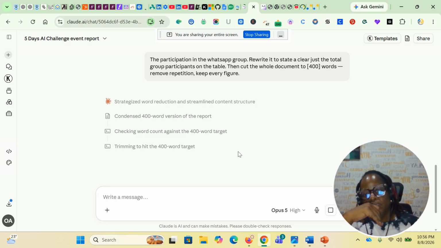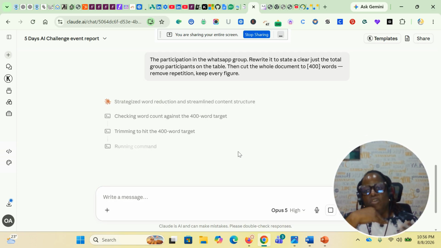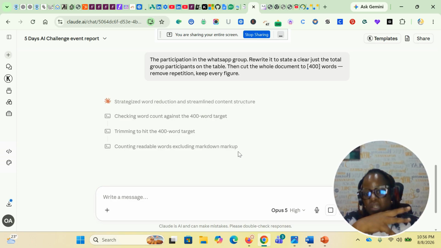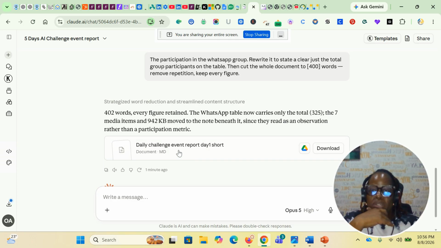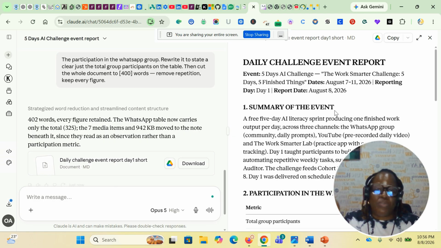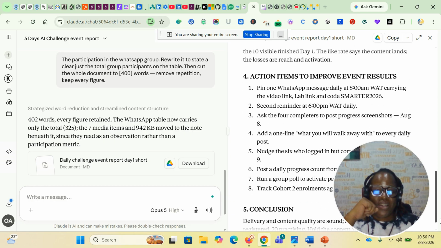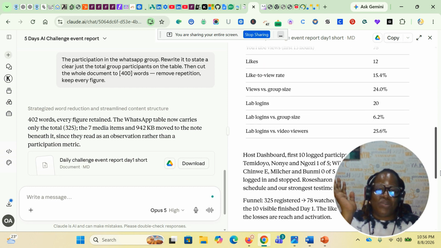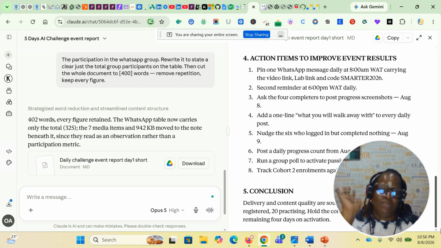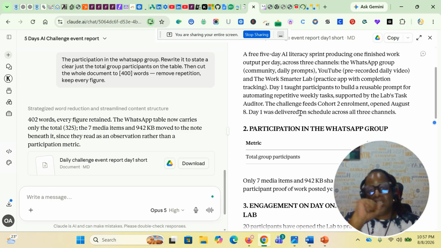Okay. So I hope you're getting an idea of what you can actually run as a report or a proposal in the coming week. So it has 402 words. It exceeded by a few things, and it told me it had removed those unnecessary things. So let's see how short this is, first of all. I think this is good. In 15 minutes or 10, someone can actually read this and it makes sense. So have you seen, this is what you can do to actually